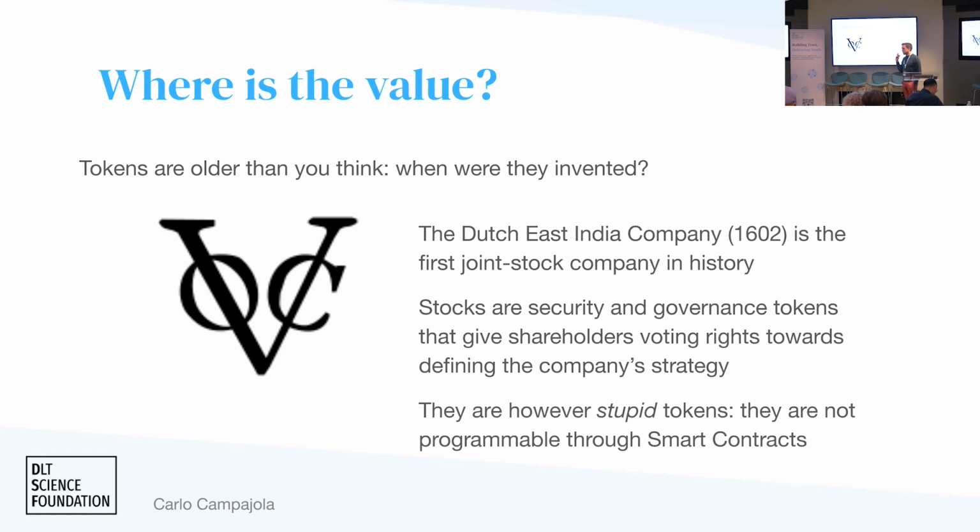This is the big advantage that you have with DLTs. Tokens that you create on DLTs are programmable. Don't try to make a token that does not benefit from this. If you just want a token that is about giving shareholders voting rights, just make a stock. If you want something that actually lives on a blockchain and makes sense there, make sure that you exploit all the advantages of the blockchain. Blockchains have the advantage of having smart contracts, programmable money, programmable tokens.